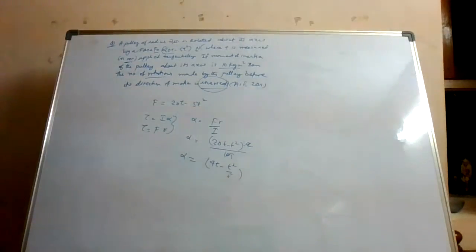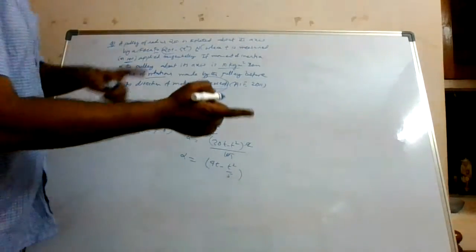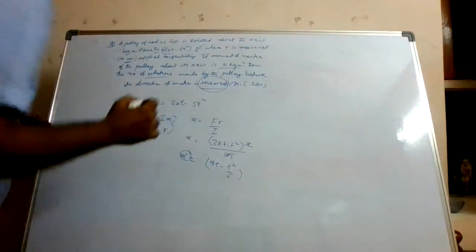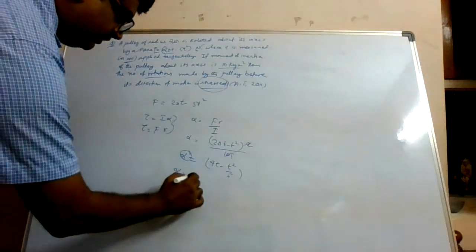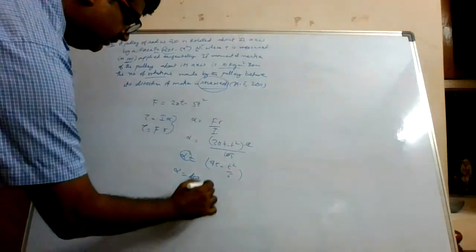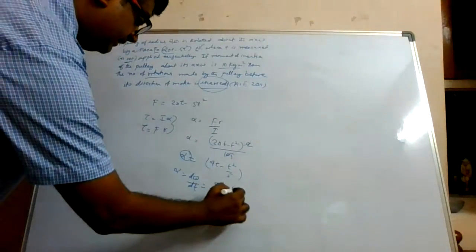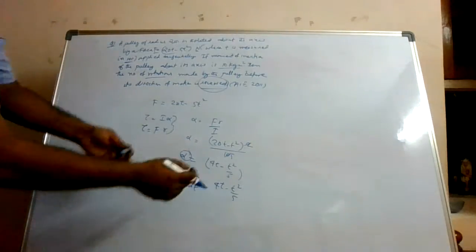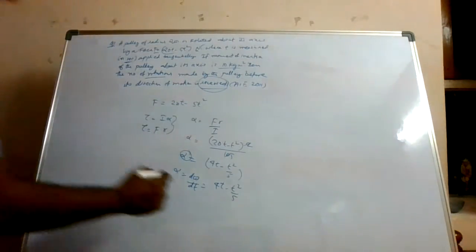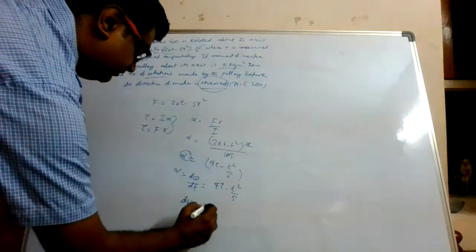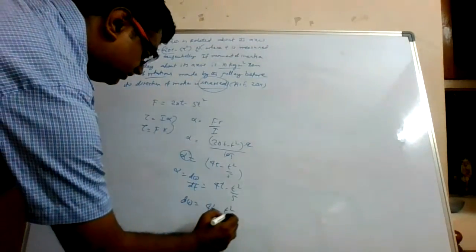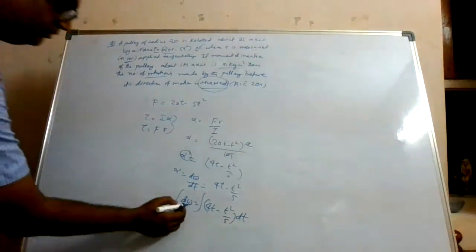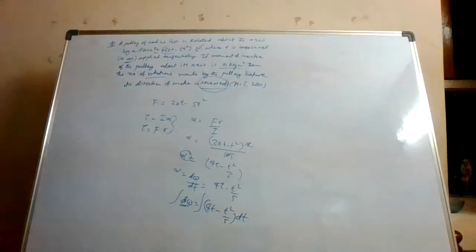Alright. Now here the whole stuff is what we were discussing, that the omega will become 0 and all that. So from alpha we have to get the value of omega. How? Alpha is equal to what? d omega by dt, isn't it? Which is equal to (4t minus t square) by 5. You can see here, if I take dt to the other side and integrate, I'll get the value of omega, isn't it? So cross multiply, d omega is equal to (4t minus t square) by 5 into dt, integrated, you will get the value of omega. Let us just do that.